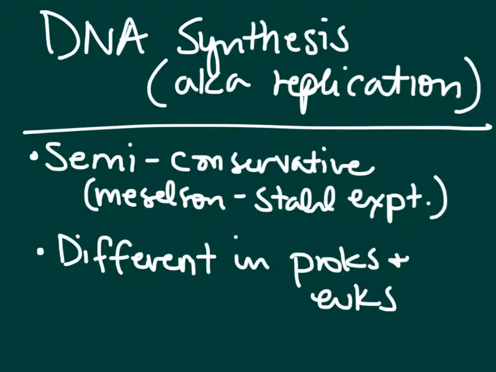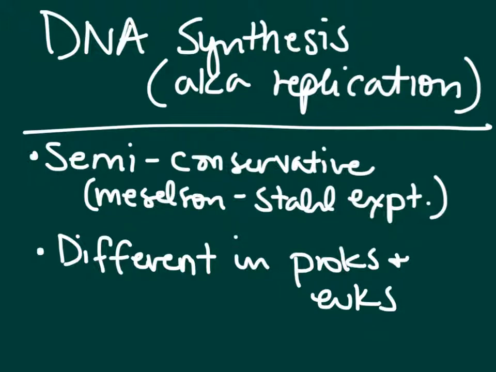Last page of notes I'll have you copy down. DNA synthesis is also known as replication. The process is semi-conservative. Semi meaning half or part. Conservative meaning not like in disposition, but rather saving. When we conserve something, we save it. So it's half saved. We learned that from an experiment we call the Meselson-Stahl experiment. I'll begin tomorrow by showing you a video about the Meselson-Stahl experiment. But basically, it's S-T-A-H-L, by the way. The Meselson-Stahl experiment basically